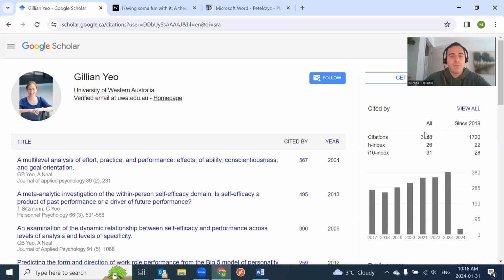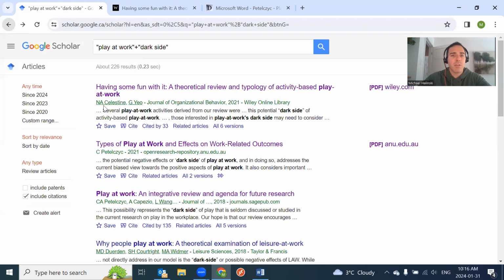Yeah, Jillian is quite a bit more well published. Okay, so quite a bit more there. You can probably see that Jillian was the senior author on that paper. And the Journal of Organizational Behavior is a good journal in my field. Okay, what else? Some other spin on this, or actually one thing that you